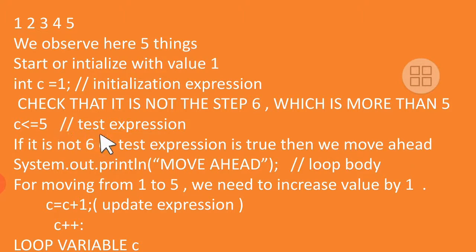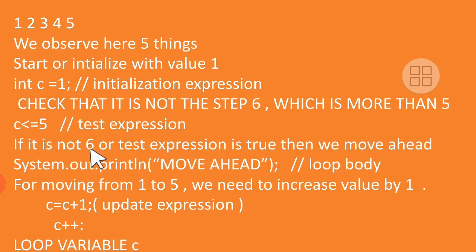So we are testing all the time, because whenever you have a job which needs some repetition, 10 times, 3 times, 4 times, 5 times, we always keep track. Whenever it crosses 5, or the end, we stop. So it is technically called the test expression. The first one was initialization for starting. This is for testing all the time. So we check the value of C against the value 5: less than or equal to 5.